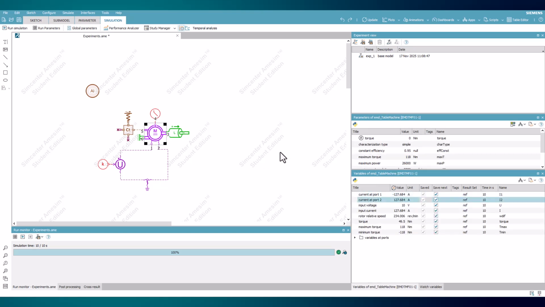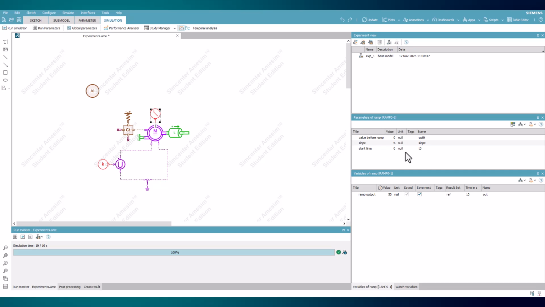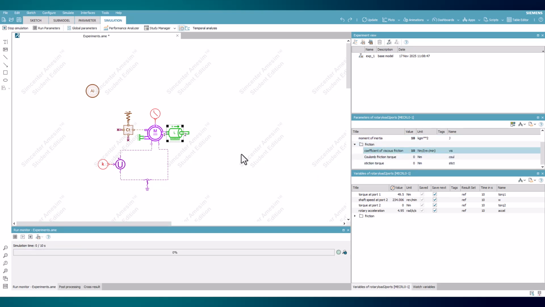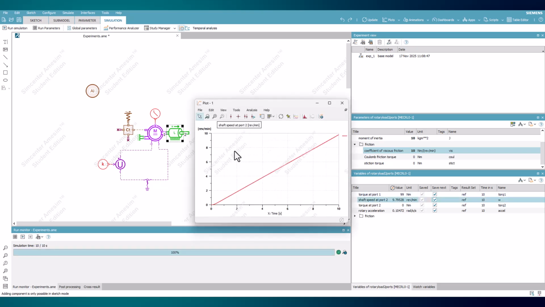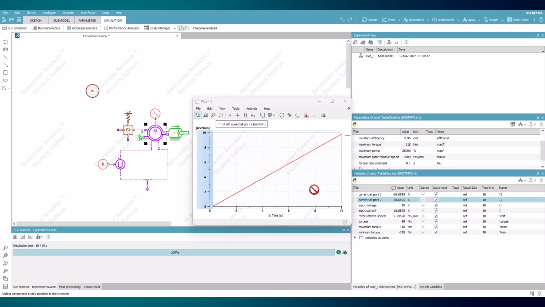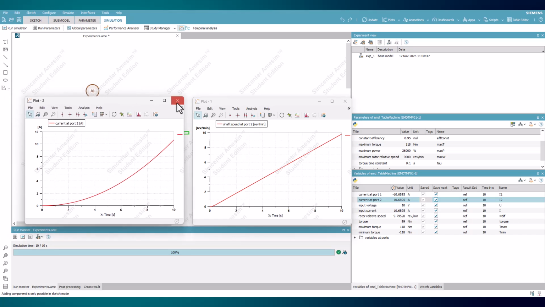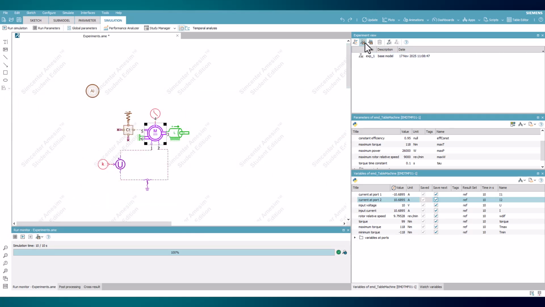Now let's adjust the model to increase the torque command to 100 kilograms meters squared and include some friction on the inertial load of 10 newtons per RPM and perform another simulation. Once complete, new results are available for analysis for the current drawn by the motor and the shaft speed. This model iteration can be saved as another experiment by selecting the same embedded experiment icon with its own title and description.